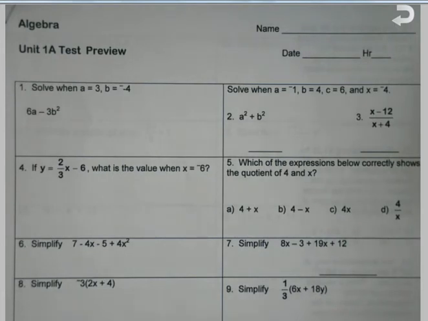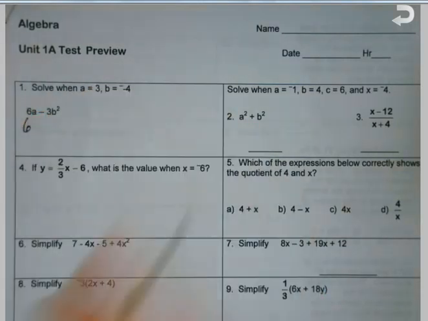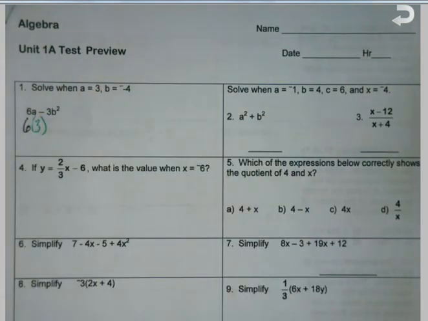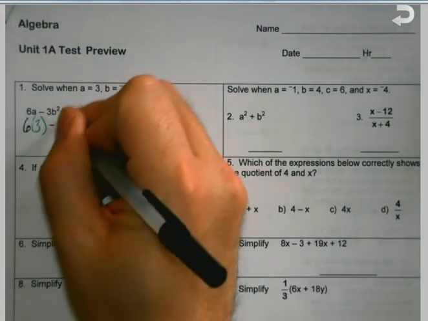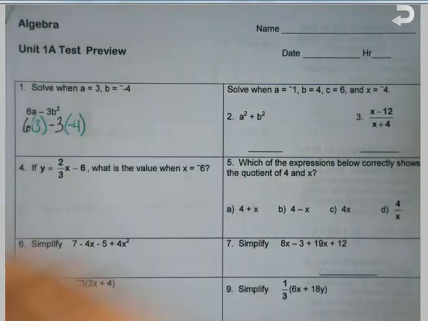whenever you get a solve and it's got these values with it, all I'm going to do is rewrite what I have, and when I get to that particular letter, I'm going to go ahead and fill it in. And as I continue to do these, again, every time I see a variable, I'm going to get that put in. So then, what we're going to do,